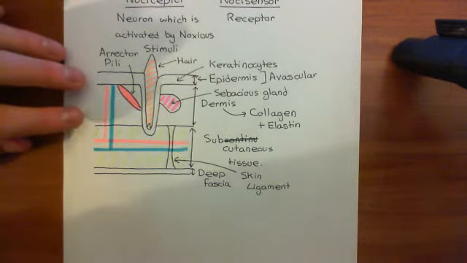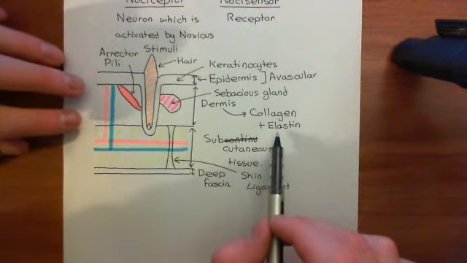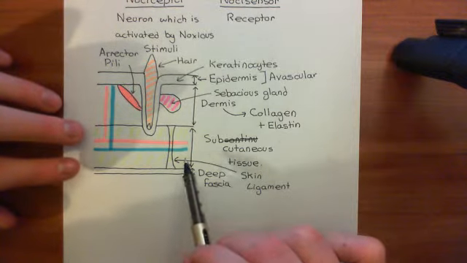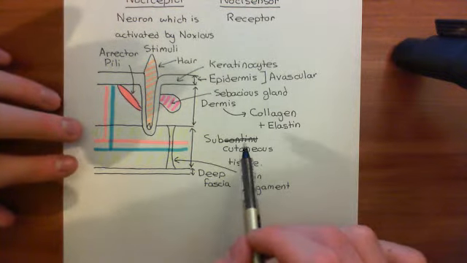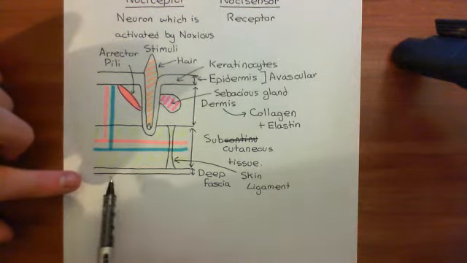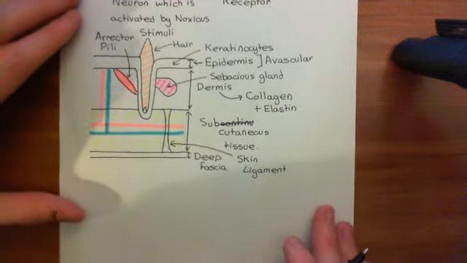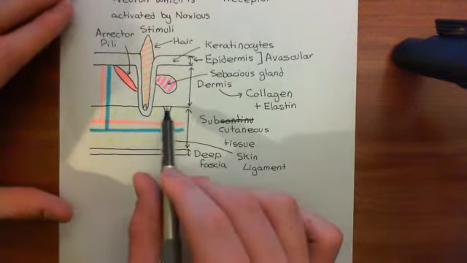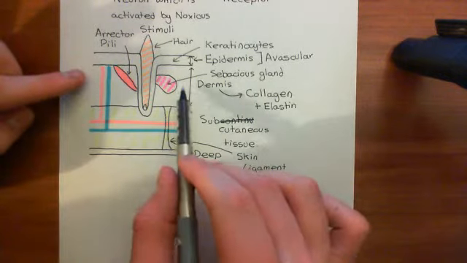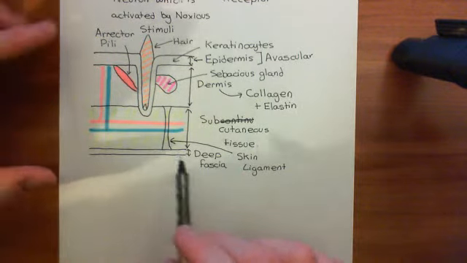We've got the dermis below, which is mainly made up of connective tissue, mainly collagen and elastin proteins. Underneath that, we've got the subcutaneous tissue, which is mainly made up of fat cells. And then underneath that, we've got the deep fascia, which is another layer of very dense connective tissue. Now we were just discussing that you had connections between these two connective tissue layers, so between the dermis, which is made up of collagen and elastin, and the deep fascia below, and that these